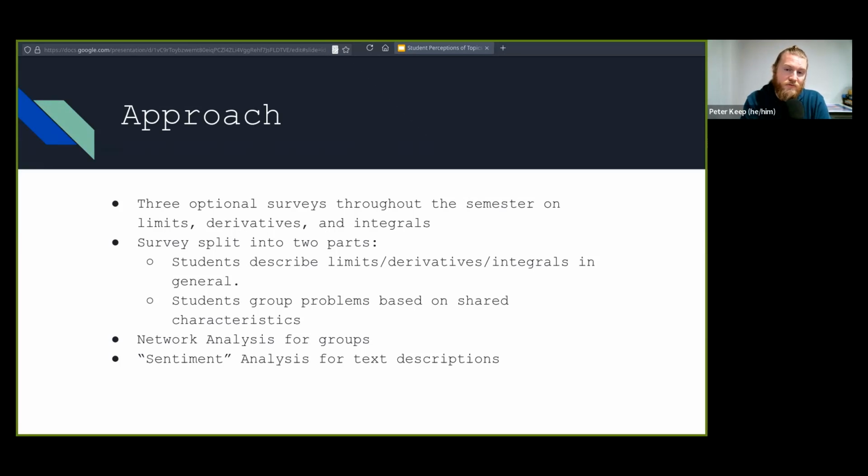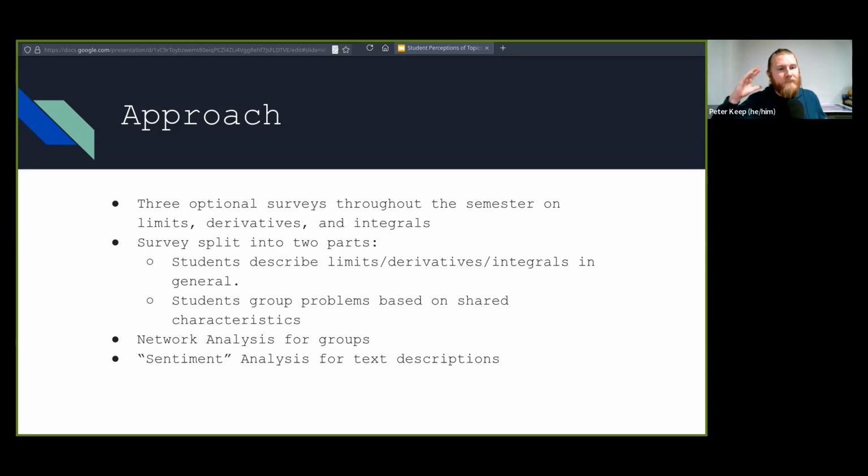We started off with 3 optional surveys for Calc 1 students throughout the semester. So this is while they're enrolled in a Calculus 1 course, while they're learning about all these things. We had a survey on limits, a survey on derivatives, and a survey on integrals. And each of these surveys was given a couple of weeks after we wrapped up whatever unit we were